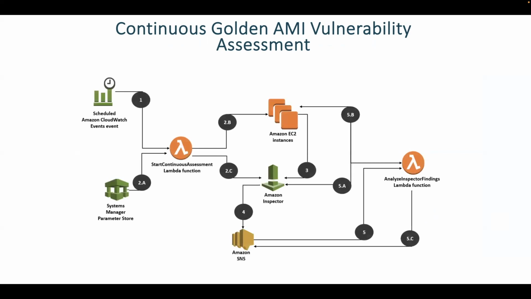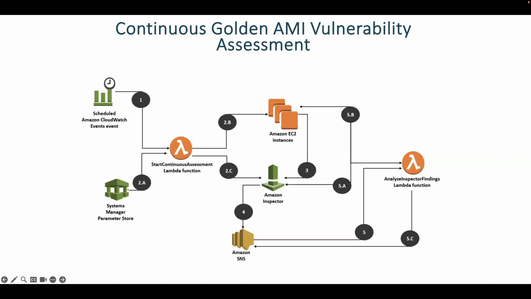Now, moving forward, let's see how you can continuously assess for vulnerability in any of the golden AMIs that you have. So this diagram showcases the workflow of using Amazon Inspector in conjunction with various AWS services like CloudWatch, Systems Manager, Parameter Store, Amazon SNS, as well as Lambda functions to perform continuous assessments and analyze findings. So I will explain step by step how each thing happens in terms of continuously assessing for vulnerabilities